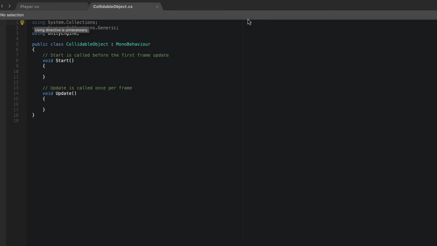But first what we need to do is create a method, and we're going to make it public because this is actually going to be called,